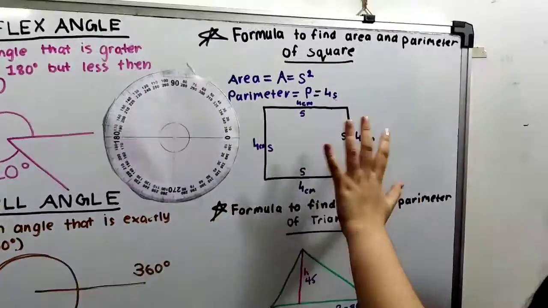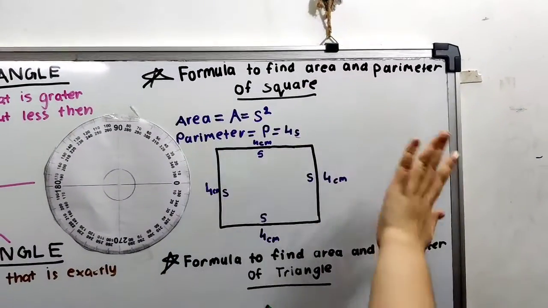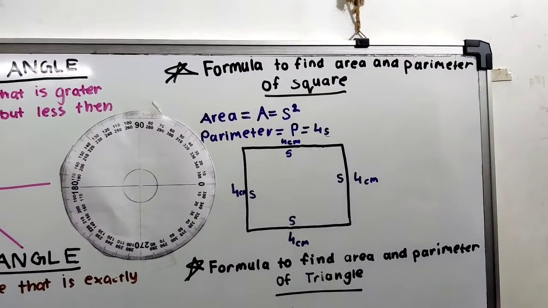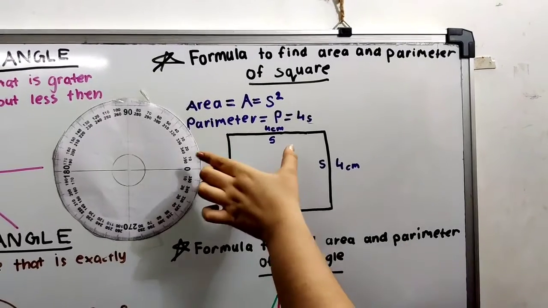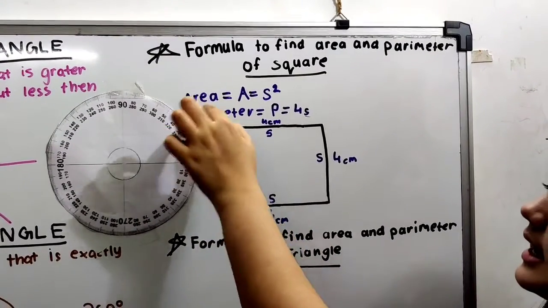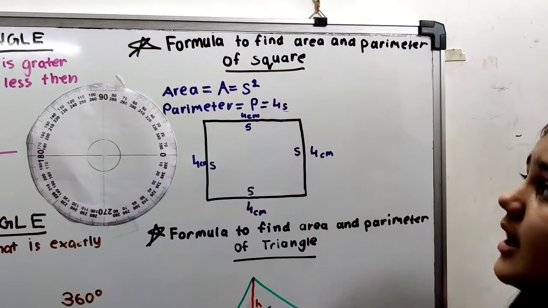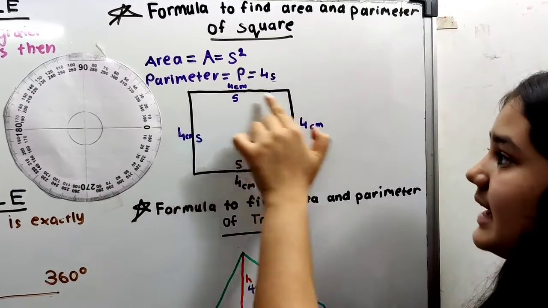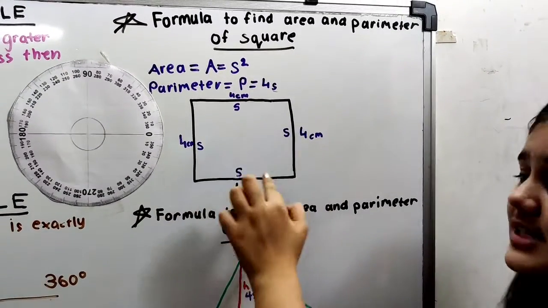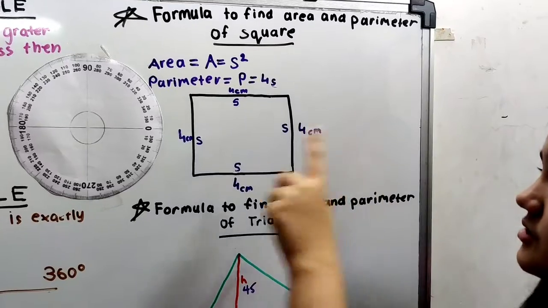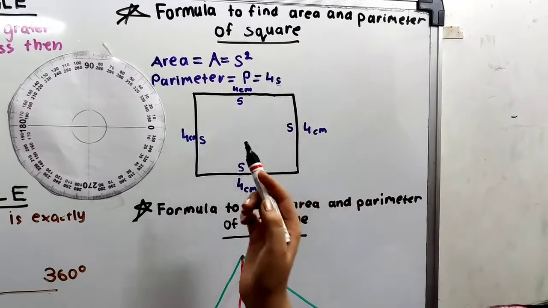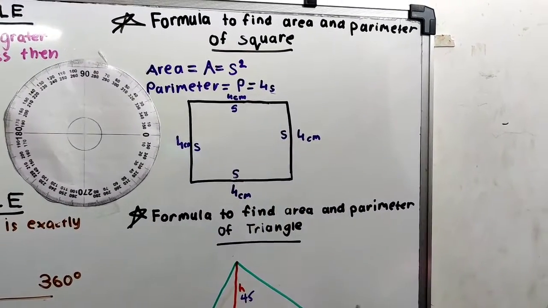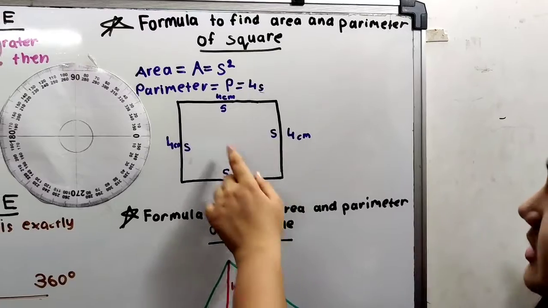Now, we will go to the square, meaning the formula to find the area and perimeter of a square. Over here, to find the area, we have area equals S squared. We can take any numbers, but I have side 1, side 2, side 3 and side 4. We have 4 sides. I have marked it S so you can understand. But in area we have to basically add it. No, we have to do its square.